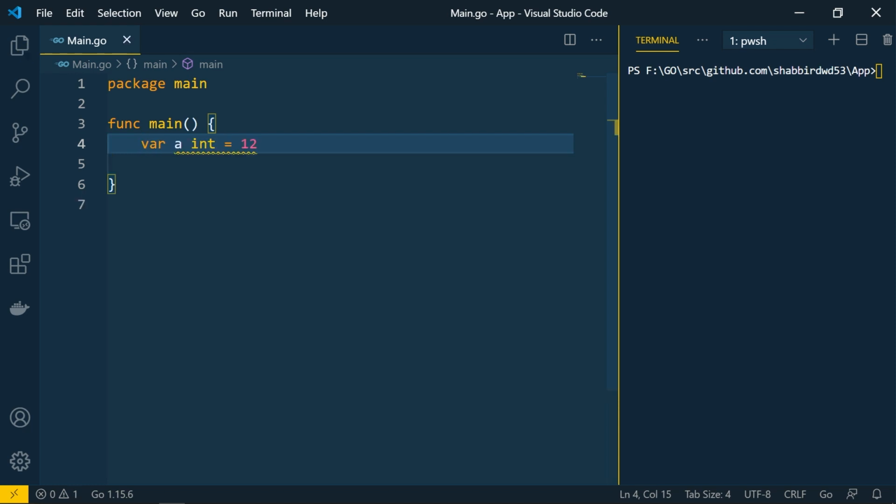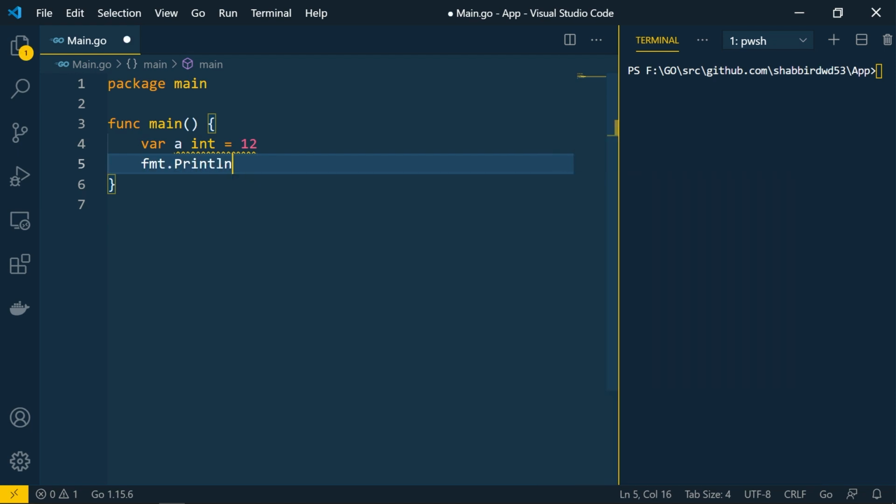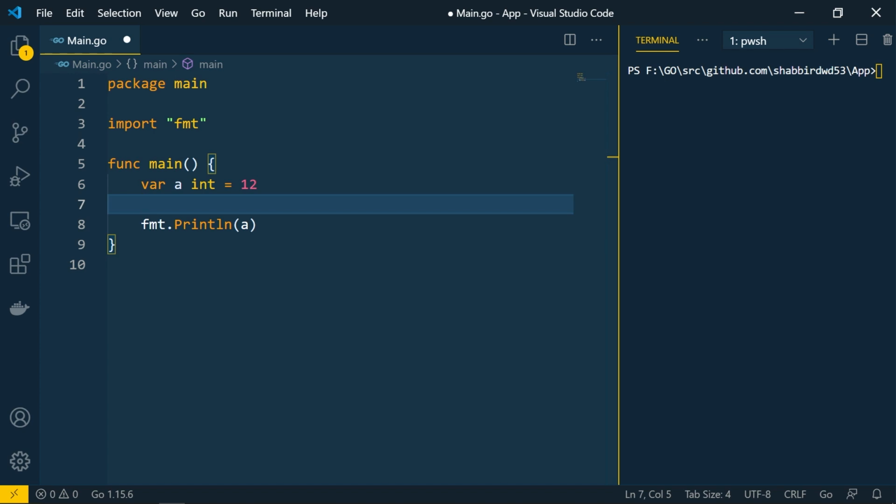So let's take an example. I'm taking a variable a of type int, and the value is 12, and let me print this out. Now let's create the pointer. We'll say variable b, which will be of type pointer of integer, and then it can store the value. If I assign a directly here, we won't be able to assign it. We have to assign the memory location of a. So I can pass it using the ampersand symbol, that means address of a, and let's print this value as well.